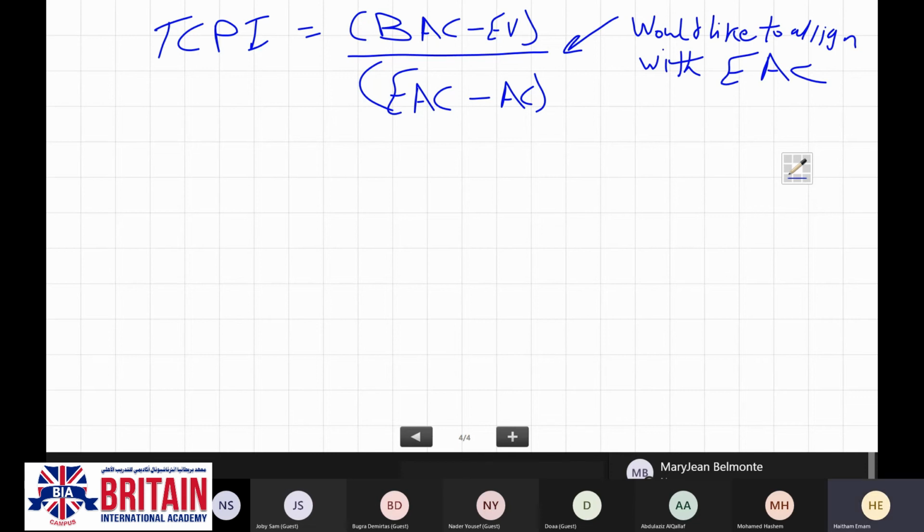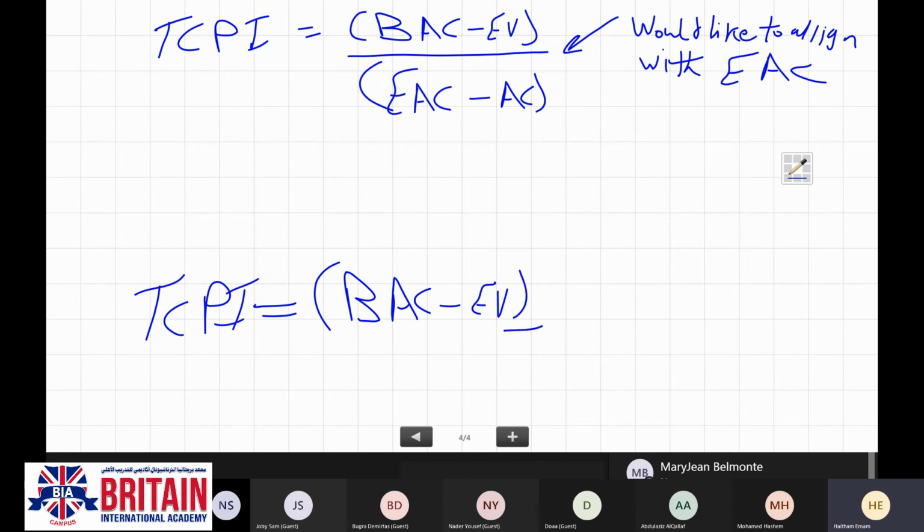The other formula for the to complete performance index is budget at completion minus earned value, divided by budget at completion minus actual cost.